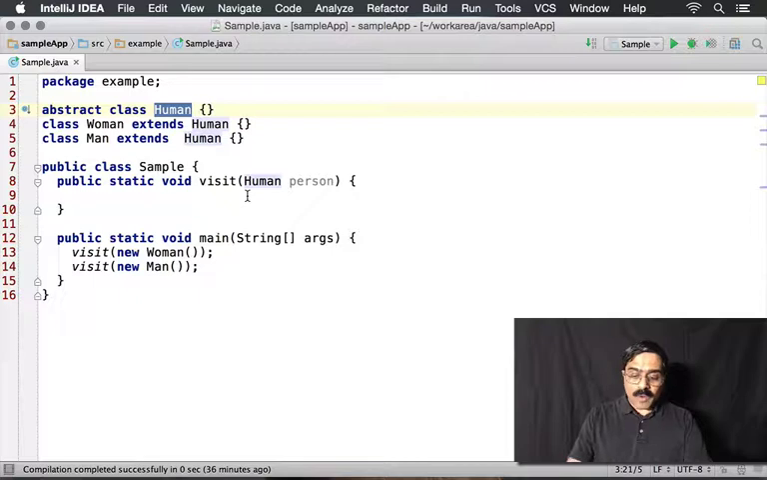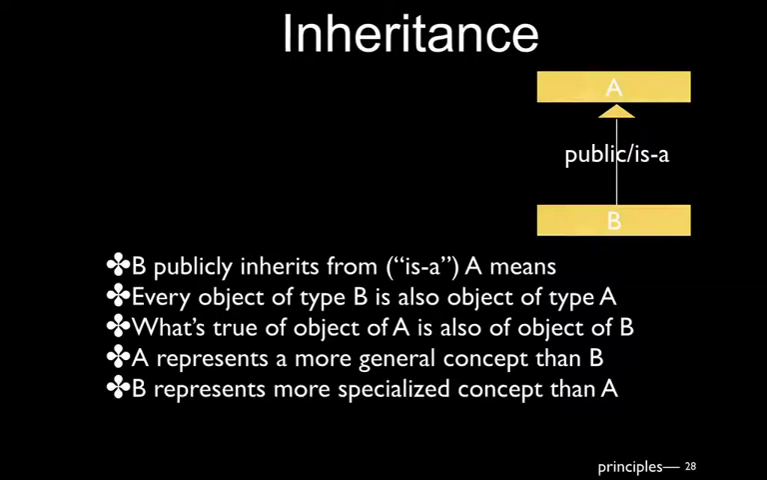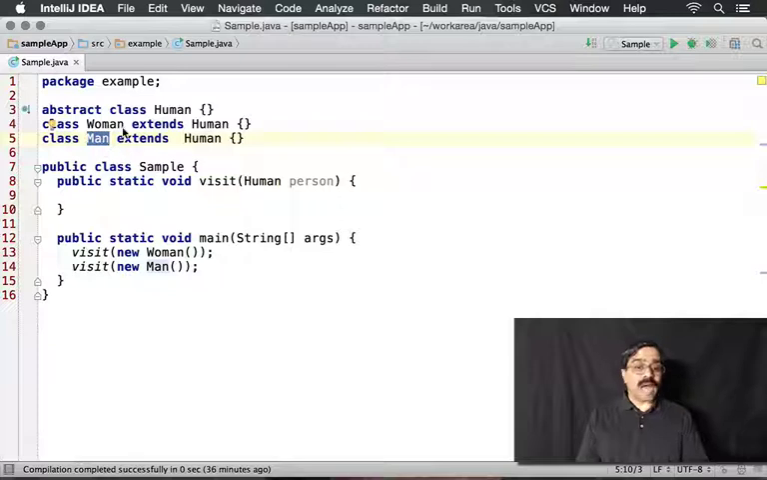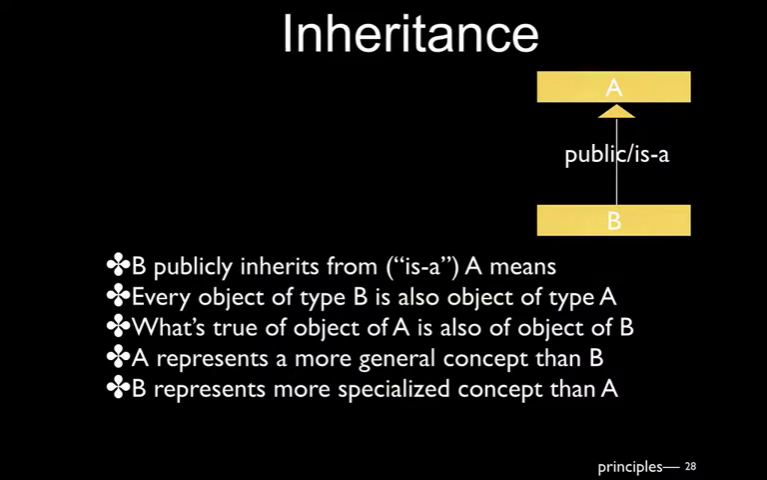On the other hand, we can also argue in reverse, or as a corollary, that B is a representation of a more specialized concept than A, and obviously a man is a more specialized human, and woman is definitely a very specialized human as well. And so there are characteristics that a man has that a human doesn't, and there are characteristics that women have that a human doesn't. And so there are specializations from that. So in other words, everything that's true of the base is true of the derived,